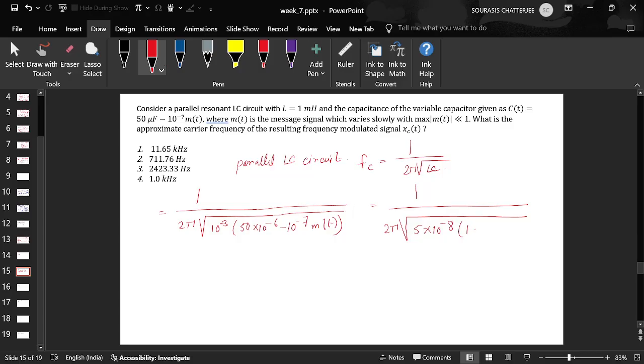Inside should be 1 minus 1 over 500 mt. So this 10 to the power minus 8 becomes 10 to the power 4 going above, divided by 2 pi square root of 5, and then we have 1 minus 1 over 500 mt